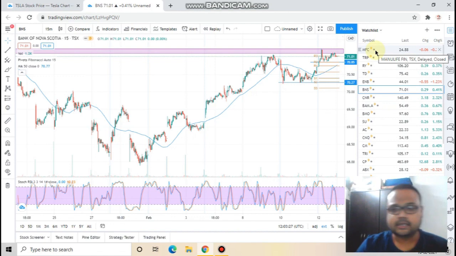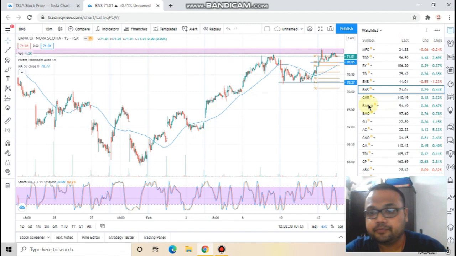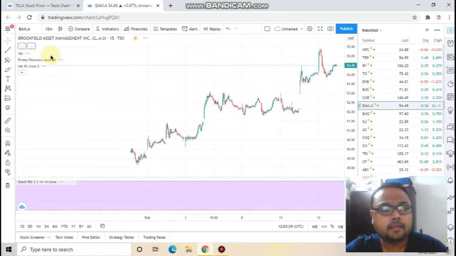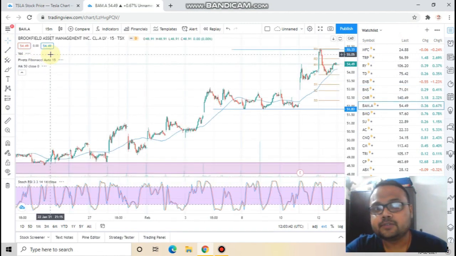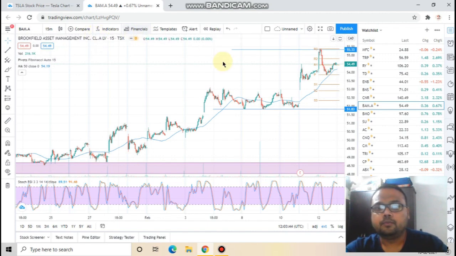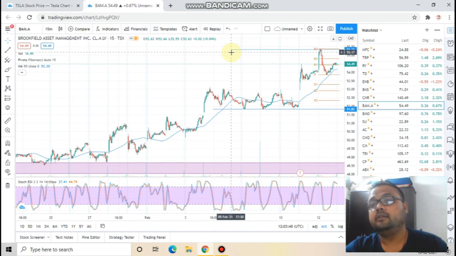Let me check the next stock. Actually, I have noted down these stocks in my mobile. Sorry, the next stock is Brookfield Asset Management. So Brookfield Asset Management is right now trading at 54.49,